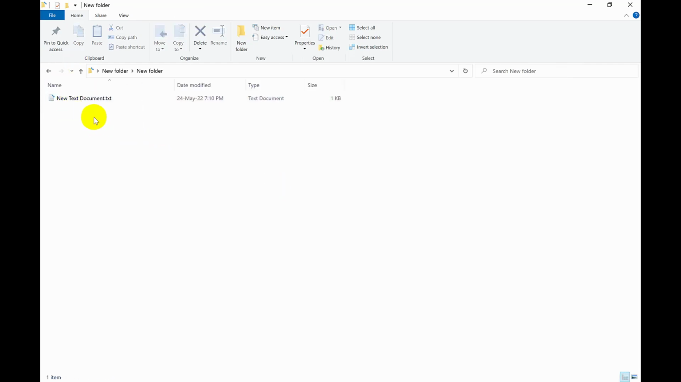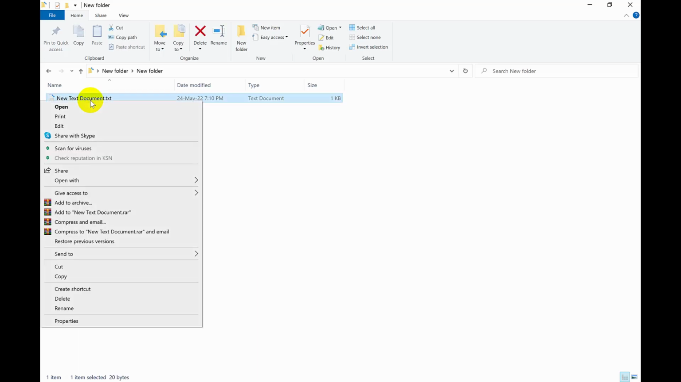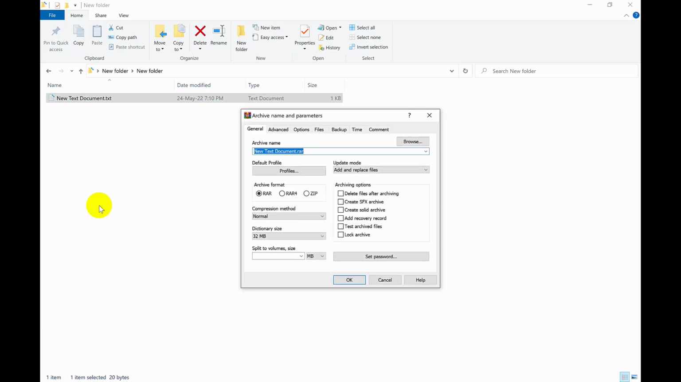I want to create a zip file. For this, I need to right-click on this and then click Add to archive, and now you can see Add to zip. You need to click on this. Let me click, and here it wants to